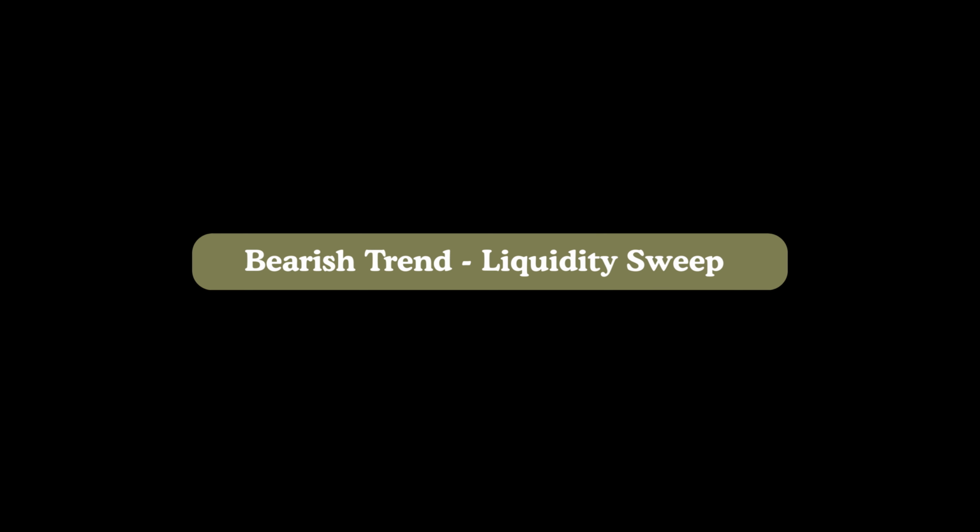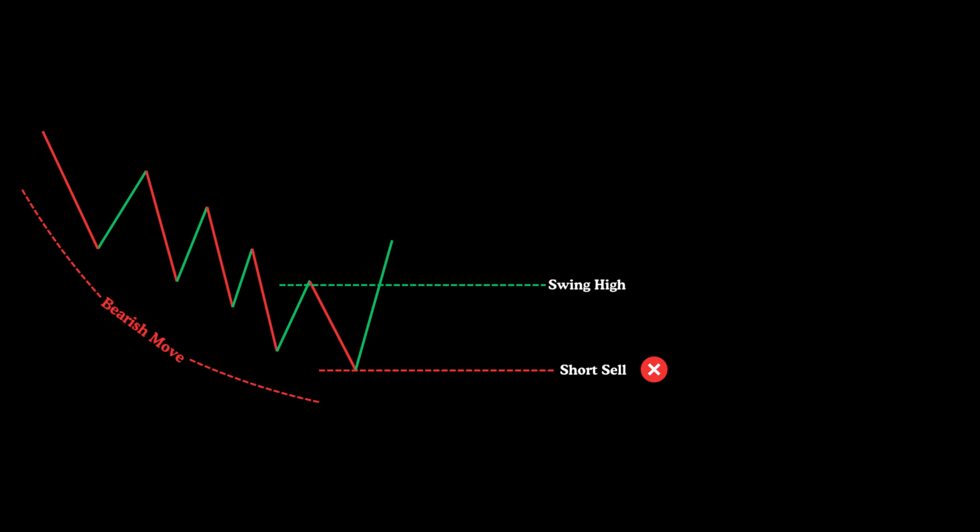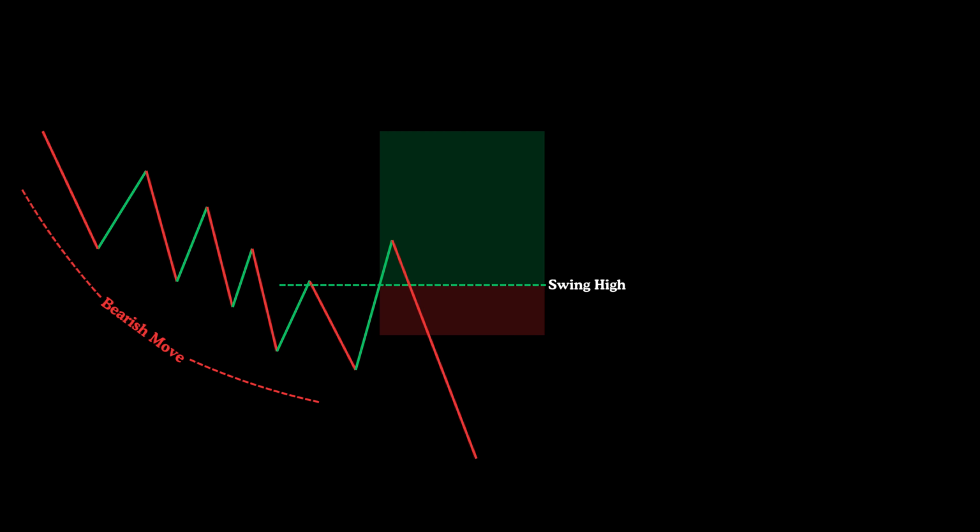Now, let's understand how a liquidity sweep functions in a bearish trend. When the market is in a strong downward move, when the price trends lower, it forms lower lows and continues falling. However, at a certain stage, once the price has moved down significantly, retail traders lose interest in short selling. In this condition, the price breaks its recent swing high on the chart, prompting fresh traders to enter the market and, in excitement, begin building buy-side positions. However, as soon as retail traders are trapped, the market shifts back to its earlier downtrend, and the price drops